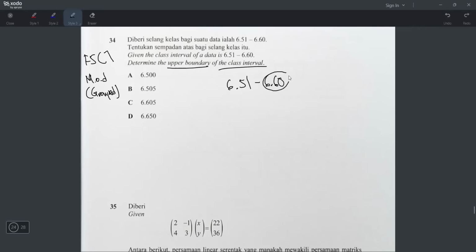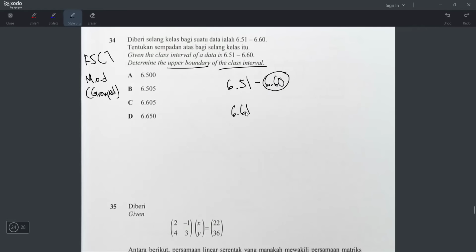Just take the upper limit of the class plus the next number, divide by 2. But how to get the next number? Alright, this is in 2 decimal places. 6.51, so this is also 2 decimal places. So in between will be 51, 52, 53, 54, 55, 56, 57, 58, 59, 60, and next one will